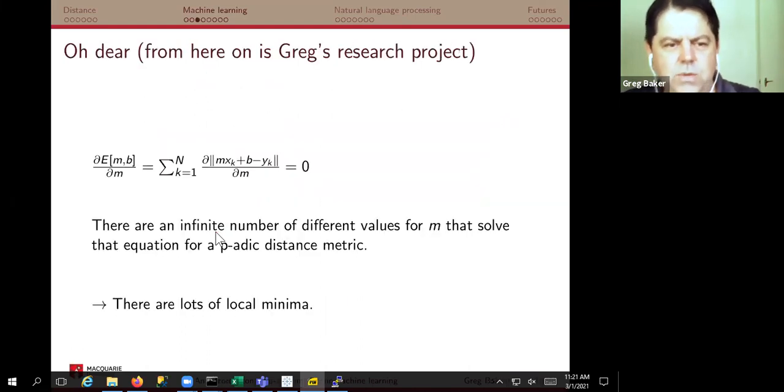And okay, from here on, we're now starting to talk about my research stuff. The only problem with doing this p-adically is that there's actually an infinite number of solutions to that differential equation. And the reason is something like this. If I'm looking at what's the distance here, and let's say I've got my prime number p. If I were to come up with a slightly different y-intercept, so that b variable there, if I added, let's say that I'm very close and some of my points are only p squared away from being exactly on the line,